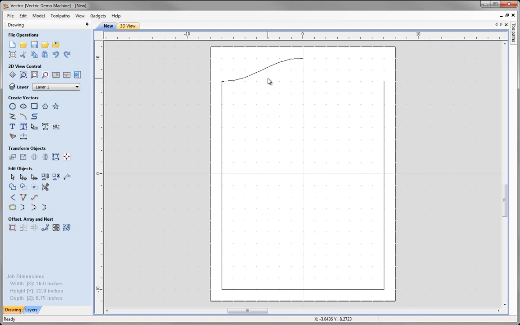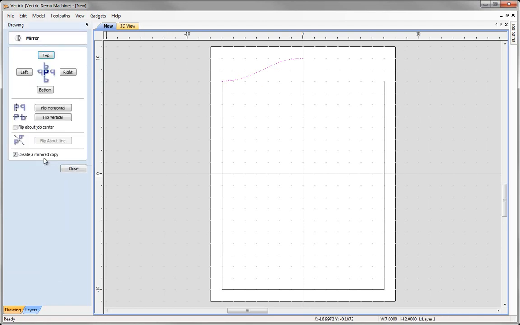That's the shortcut key. Now we've created the nice curve for our top here, and what I want to do is create a mirrored copy over the other side. So I'm going to select this, I'm going to come down to mirror selected objects. Within here I'm going to say I want to flip about the job center, in this case, which is in the middle here. We could also just flip this to the right as well because of the way this part's oriented, but here I'm going to say flip about job center, create a mirrored copy, click on the button that says flip horizontal,